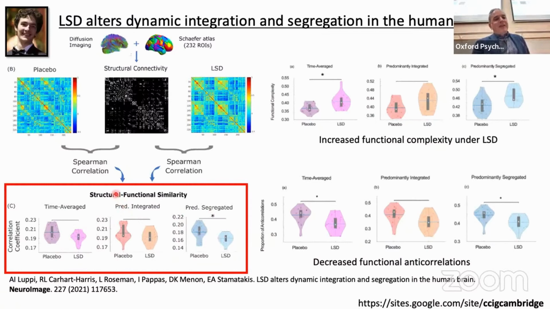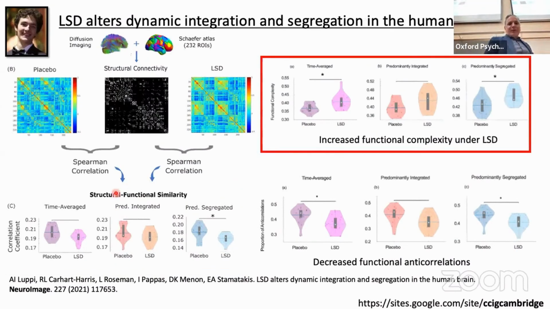The additional thing that Andrea found was that although in the context of consciousness, we saw that the integrated state, if you want, in the brain is more relevant, in the case of psychedelics, is where you see all these differences in the segregated states. So the more important phase in these two phases seems to be the segregated part rather than the integrated part, which we saw changes for propofol and people in disorders of consciousness. So we tested the complexity with yet another method. The results remained as they were. So we see increased complexity with psychedelics, and we also